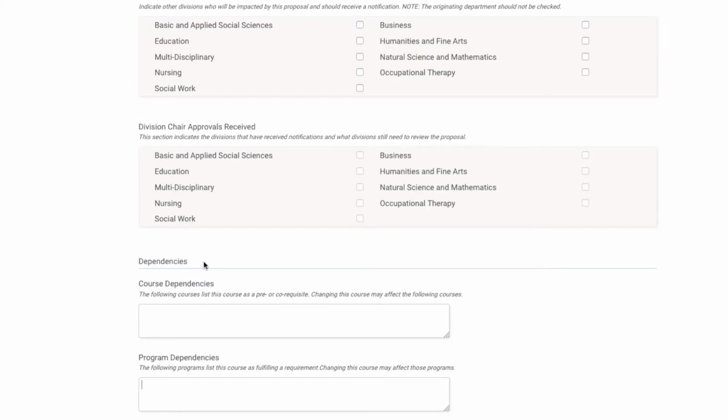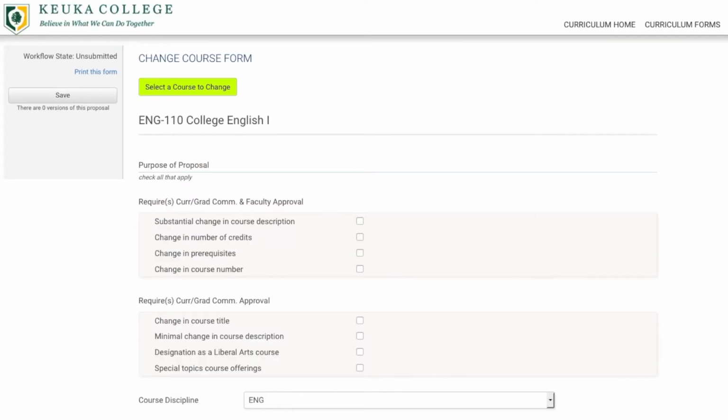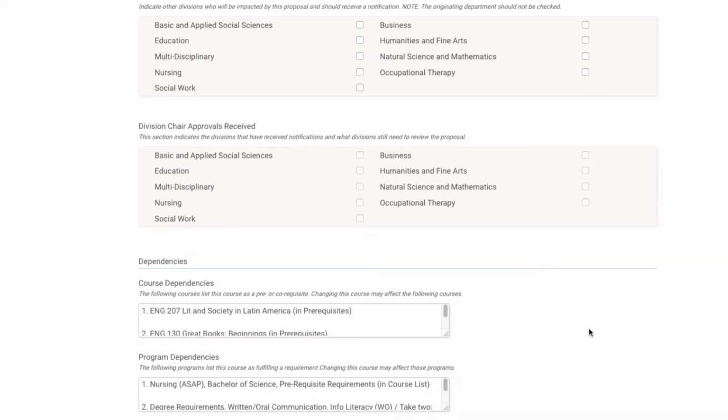A very important feature of the system is that it shows the course dependencies and the program dependencies that are linked to that particular course, which means that for some courses in the Keuka record, you might have several programs, over 20 programs, and even 20 different types of courses that are affected when you make a change, and you will be seeing this here. This is typically a course that affects multiple programs, as you can see here. So we have 40 different courses that are affected if we change this course, and